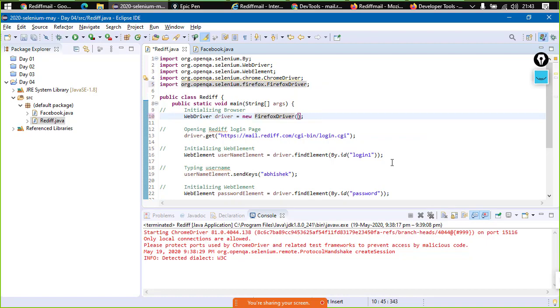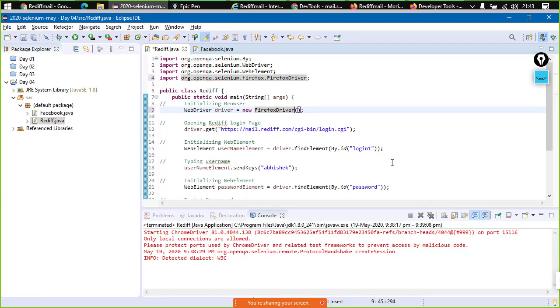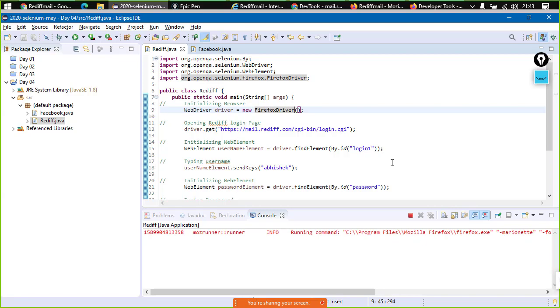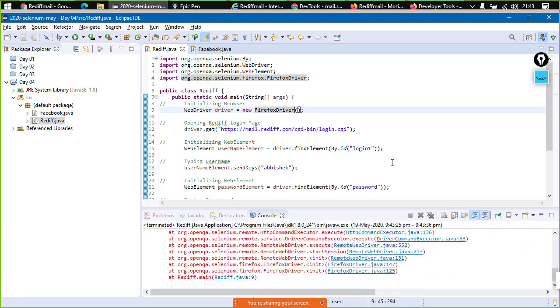Now see, whenever we are having some code, we have some unnecessary imports, right? To remove those imports, simply use the shortcut control shift O, and it will import the things that are needed, it will remove the things that are not needed in the code. Control F11 is the shortcut key that I am using to execute the code, and here the code is executing. It will be taking a little bit of time, and once done we would be okay.